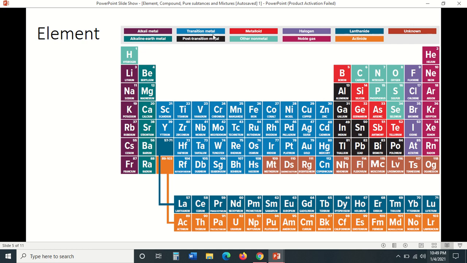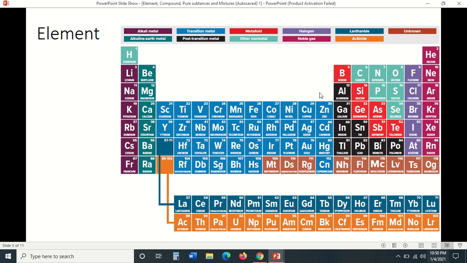Okay, and there are alkali metals, alkaline earth metals, transition metals, and post-transition metals. I will not talk about what they are, but these are metals. They make up the biggest place in the periodic table. And then there is also the metalloid. So why am I not including metalloids in the metal group? A transition metal is a metal, but they have different structures and types.